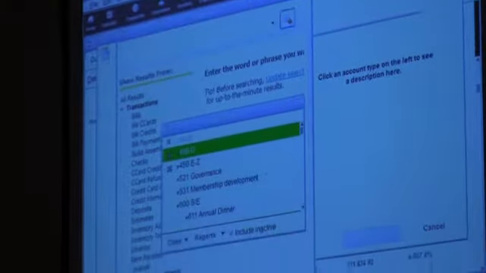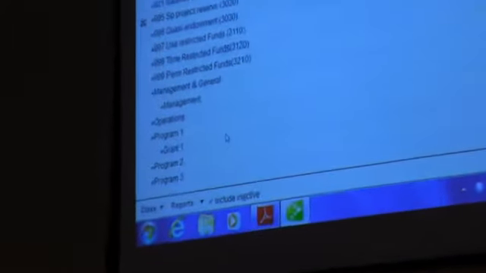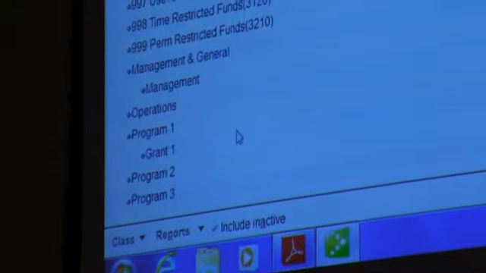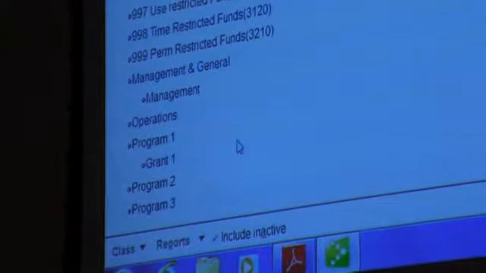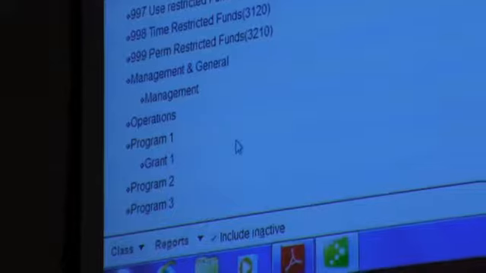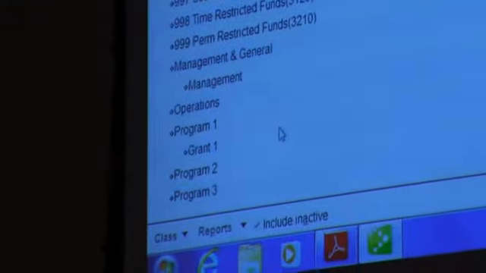So if I go then under my list, I have classes set up here, and I've set these ones up here at the bottom. I have a program 1 in my organization, and under that I have 1 grant. So I'll be able to enter any transaction into QuickBooks, and I will be able to assign it to grant 1. So if I go in,